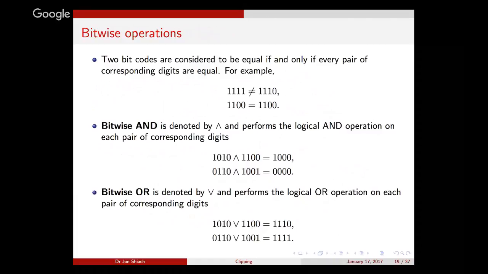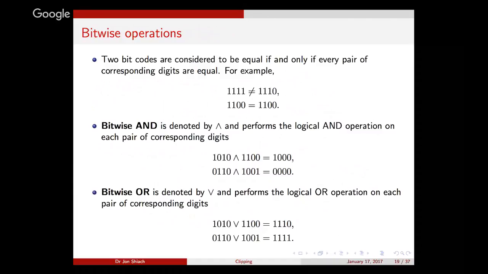Bitwise AND is similar to the logical AND. What we do is a logical AND on each corresponding digit. So, for example, here, the first digit is a 1, and the second digit is a 1. That's true. We have a 1. Here, the first digit is a 0, but the second digit is a 1, so they're not the same. 0. First digit is a 1, second digit is a 0, so 0. First digit is a 0 and second digit is a 0, they're the same, but neither of them are